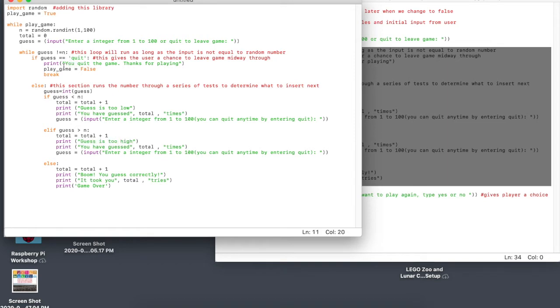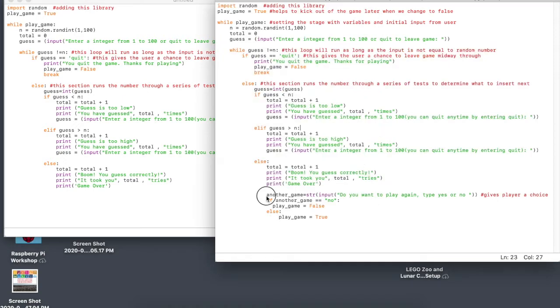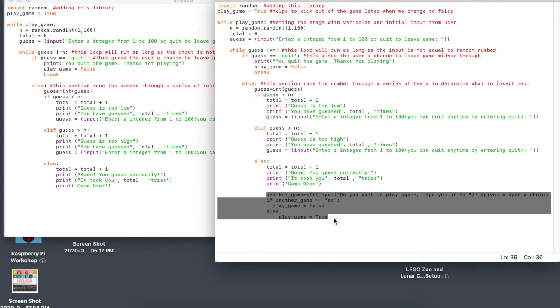And then finally, if you pick a number, and it's not lower than, and it's not greater than, then we know that you picked the right number. So we're going to say, boom, you guessed correctly. It took you the total amount of tries. Game over. Okay? This is where we have to add this new part down here,